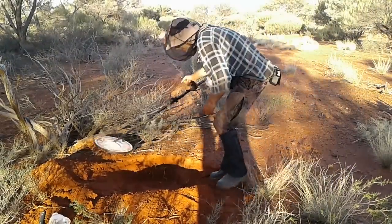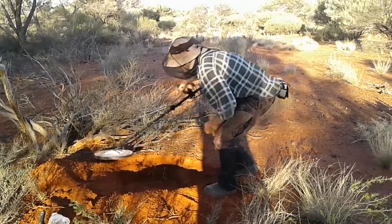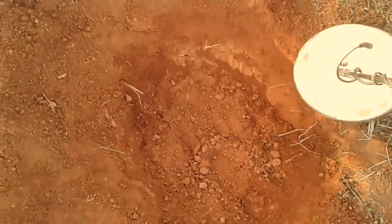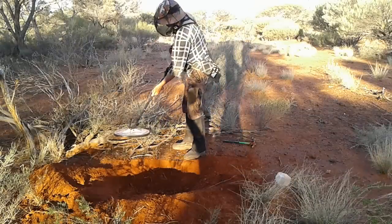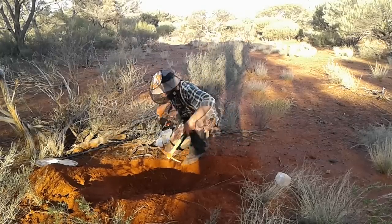Alright, I'm back, but I've got to move because the sun's not far off setting. It's only got a little bit left on the horizon, so low light. But it's sort of hard to tell how deep it is in the thing, but if you look at the depth of the coil, you can sort of see there. But anyway. Sounds like it's pretty much in the centre of the hole, so